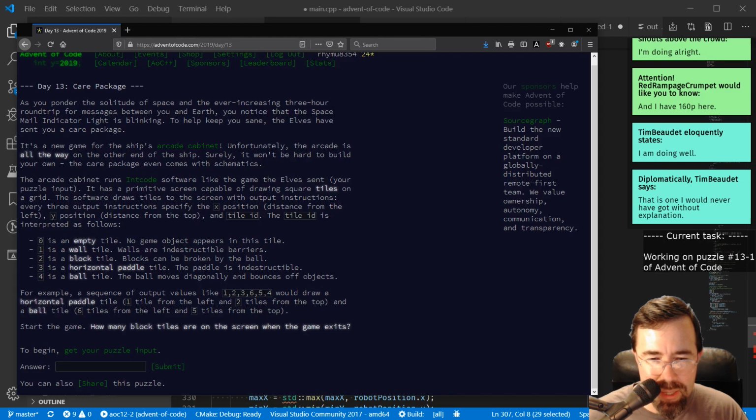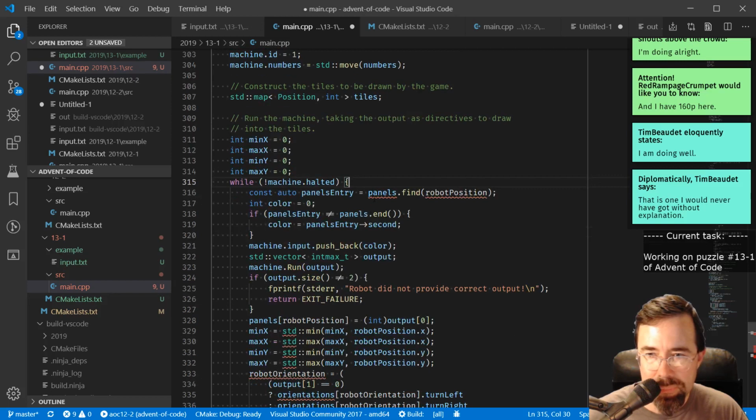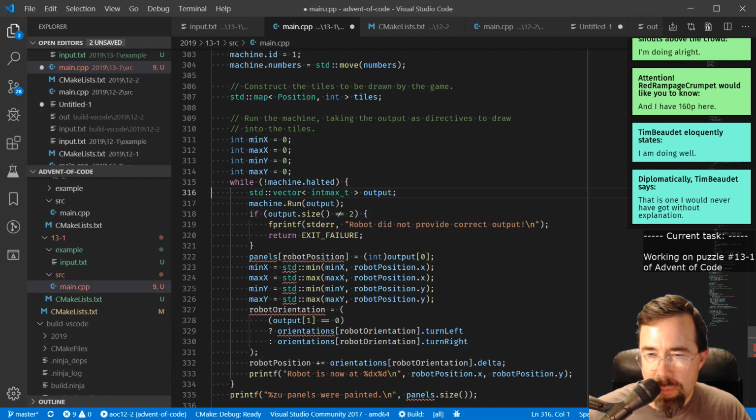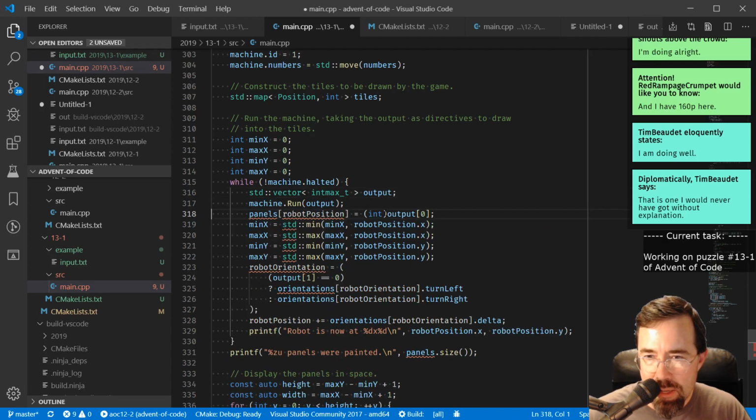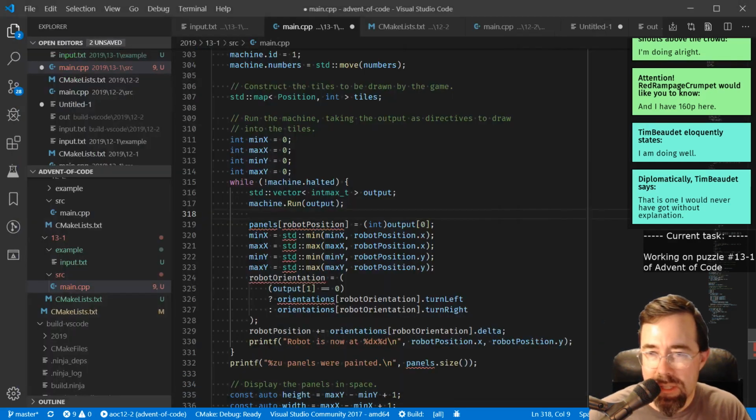So maybe I'm missing something, but I think there is only the puzzle input and then there is output and there is no input. But we'll know because if I run my machine and it says it needs input, then we'll have a problem. All right, so I don't need this because we have no input, right? We just have output. We're going to run the machine and I'm not going to require any certain number of outputs. This is in threes, right? So we can just say